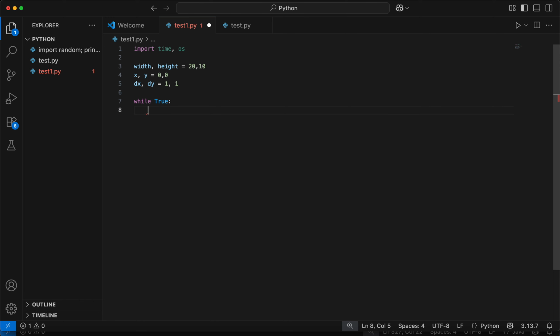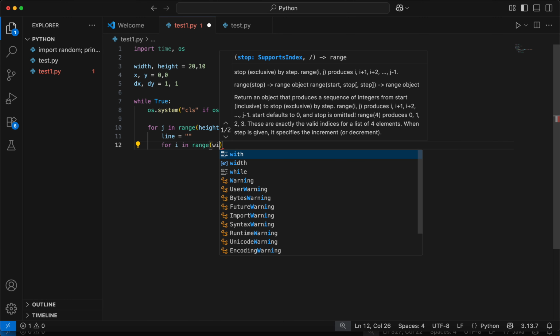true. And we'd like to write the OS system. Okay, so after we wrote the OS system, we'd like to write for j in range of height colon, and we'd like to write line equals strings. And then we'd like to write for i in range, we write here width,